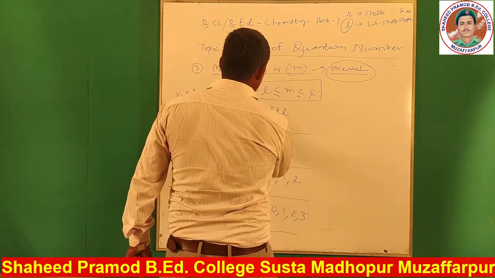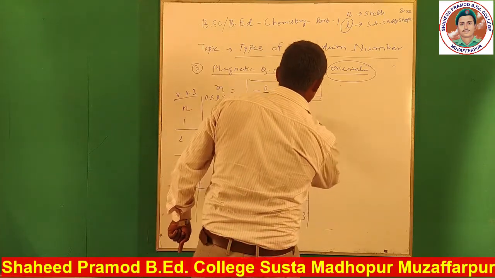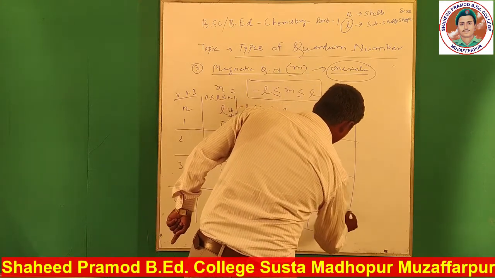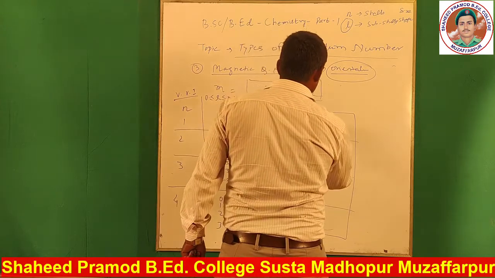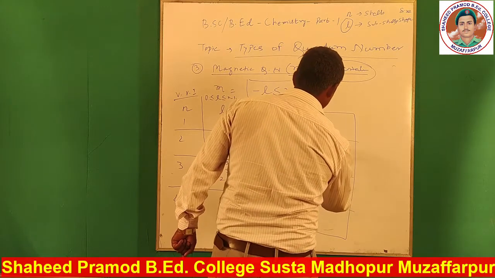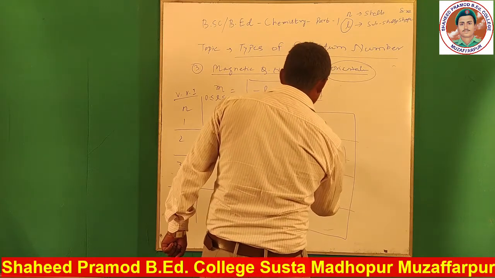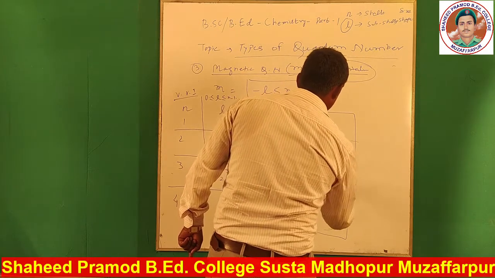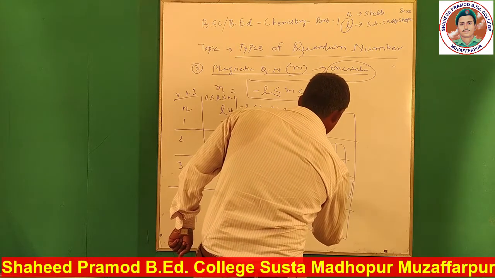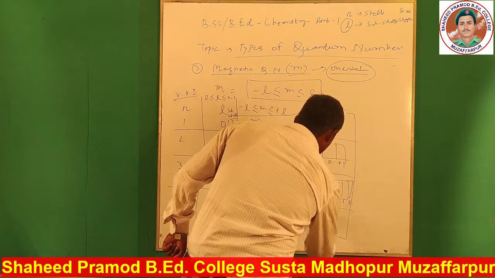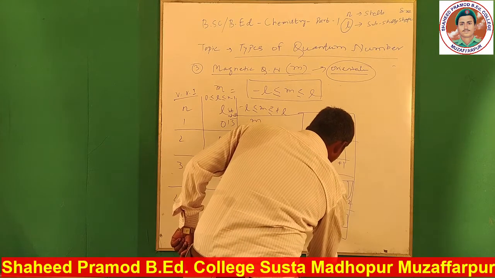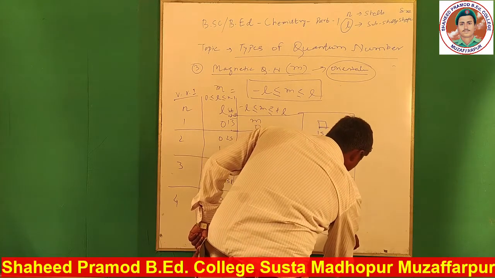You can take this in box form, so this will be easily understood by you. We are making boxes so that this will be more clear. For L is 0, this will be 1s. This is minus 1, 0, plus 1. Minus 2, minus 1, 0, 1 and 2, and this is the magnetic quantum number, minus 3, minus 2, minus 1, 0, 1, 2 and 3.